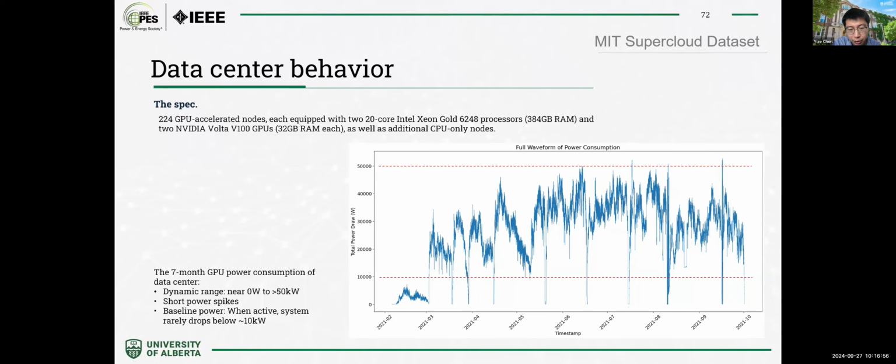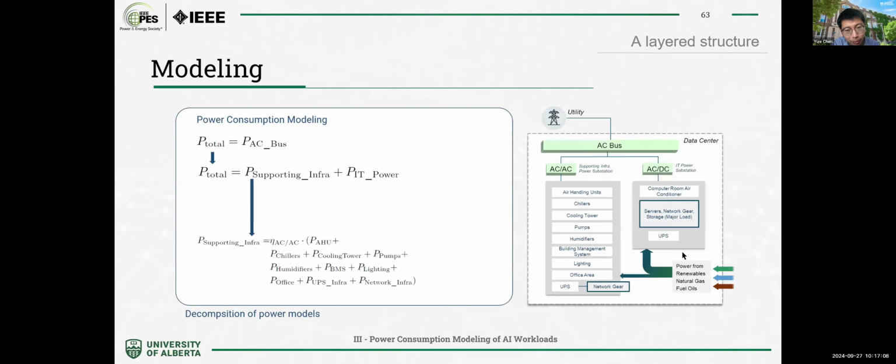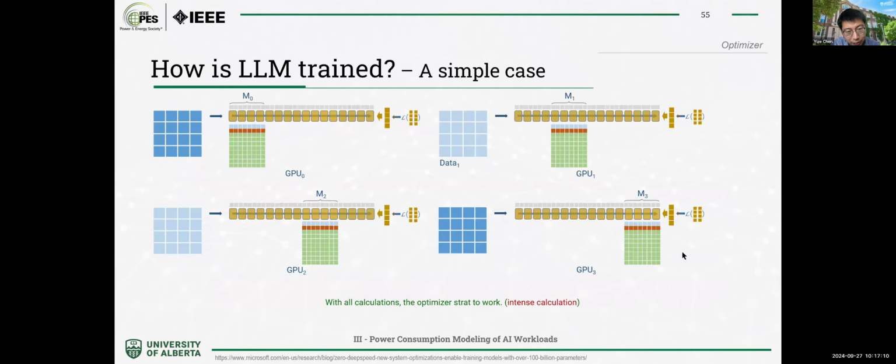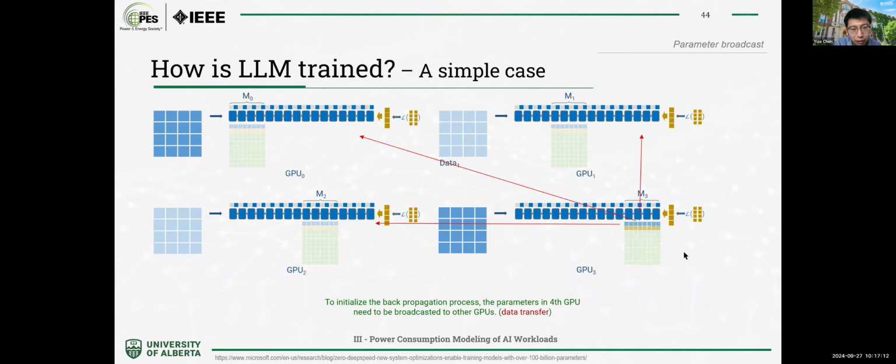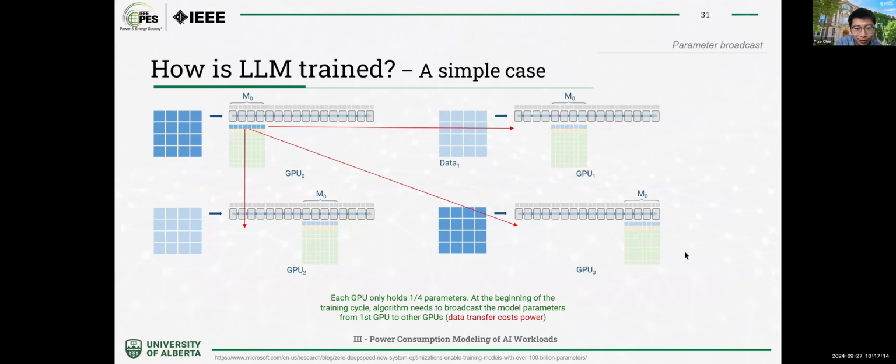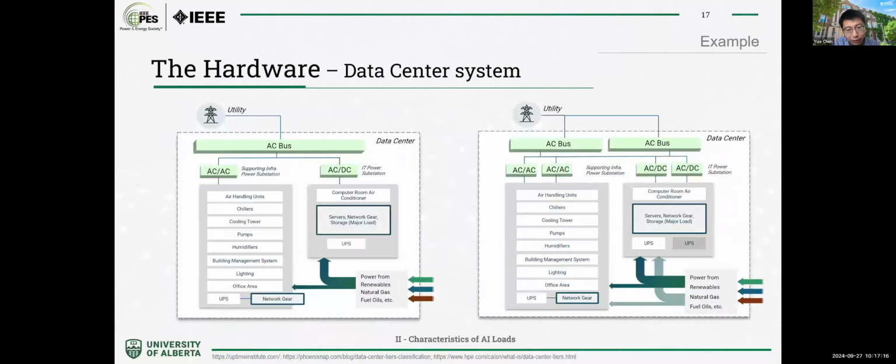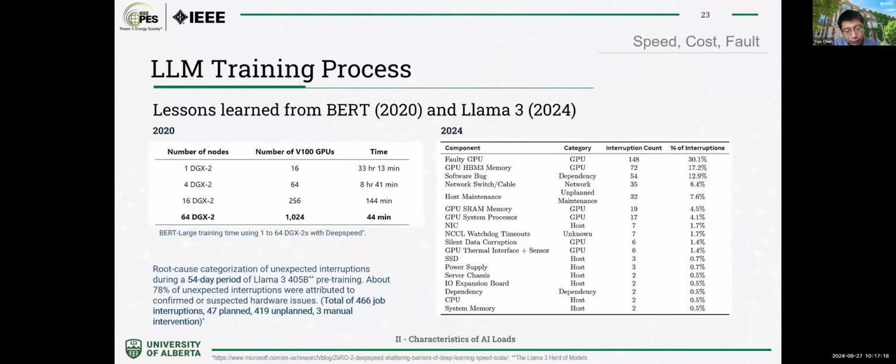I also want to mention one thing. We read Meta's report on training Llama 3.1. They mentioned they were dealing with a lot of issues with utility companies about the power fluctuations. The utility companies complained to them that the power is really fluctuating. So we do think the issue exists, and it can become much more intense in the future.